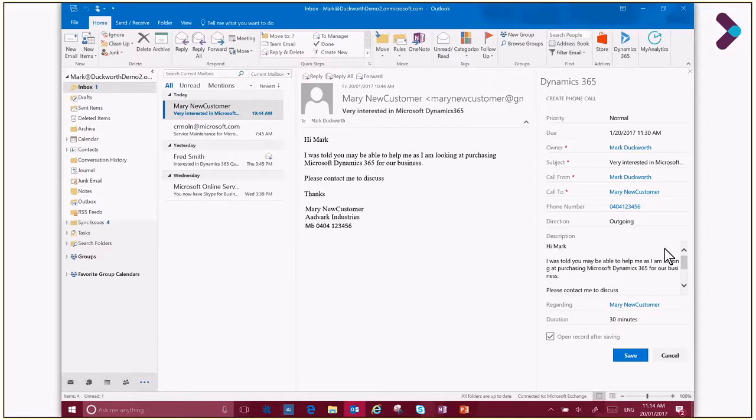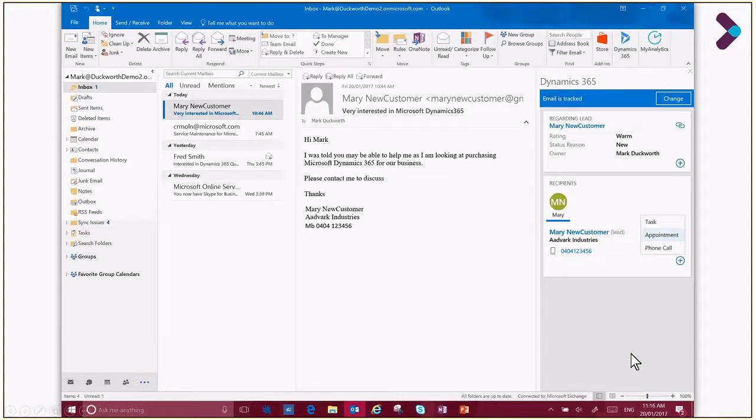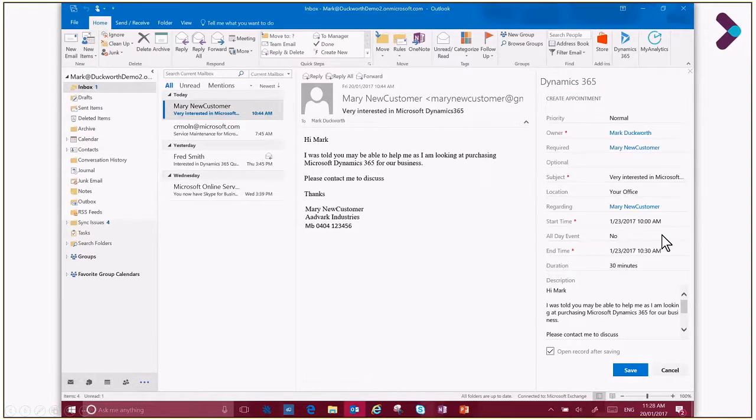So I can schedule times and dates when I want to call, for how long, and then I can save that. And of course, once I've done that, I've now called Mary and spoken to her, got some information, and then what I've decided is that we've worked out we're going to have an appointment and set up a meeting. So I set up a meeting here,